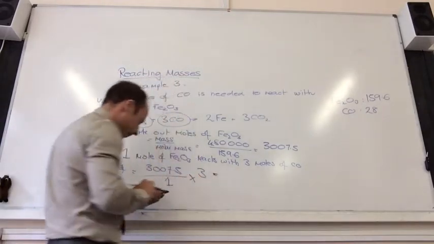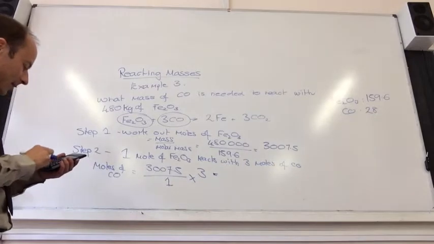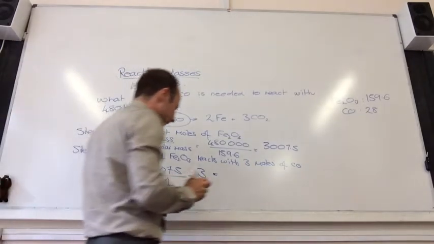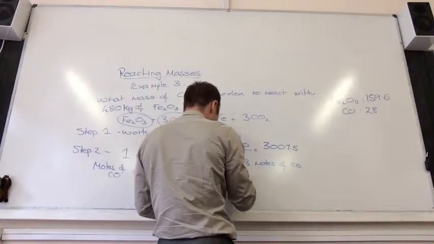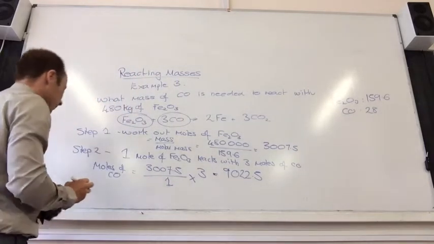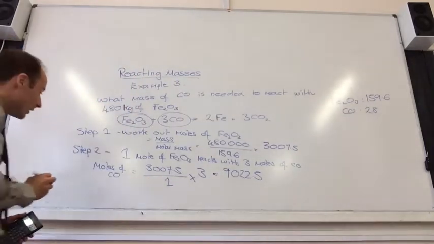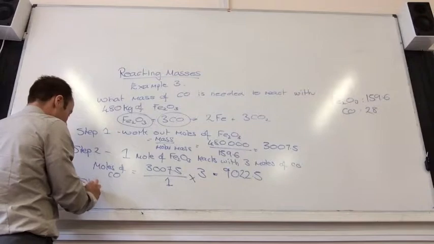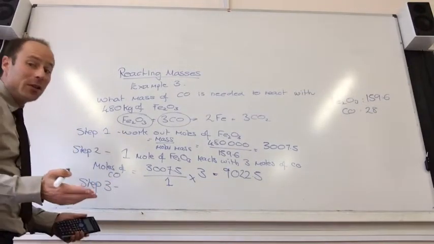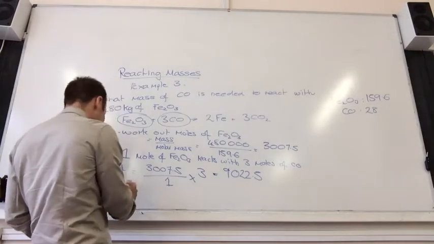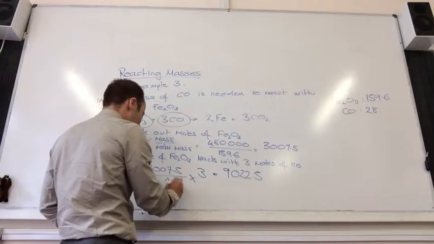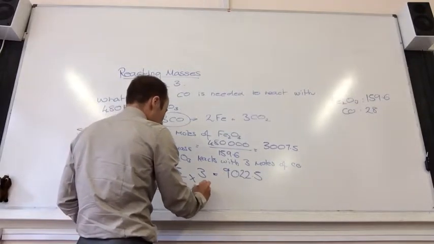If you do that, let's whiz that in the calcs. 307.5 times by 3, that gives me 9,022.5 moles. And finally, step 3, final thing I need to do is, yeah, brill, convert moles to grams, convert moles to mass,